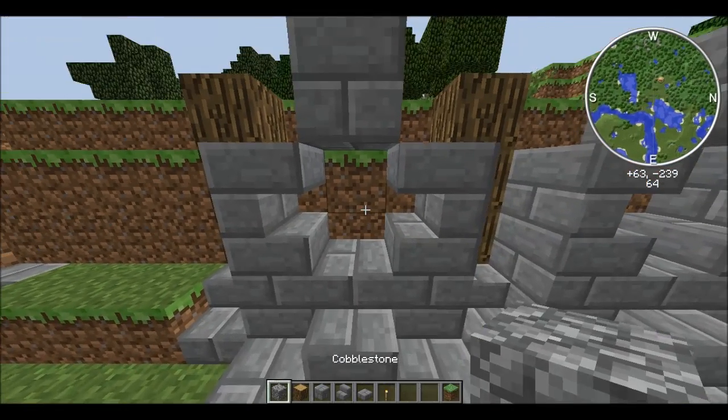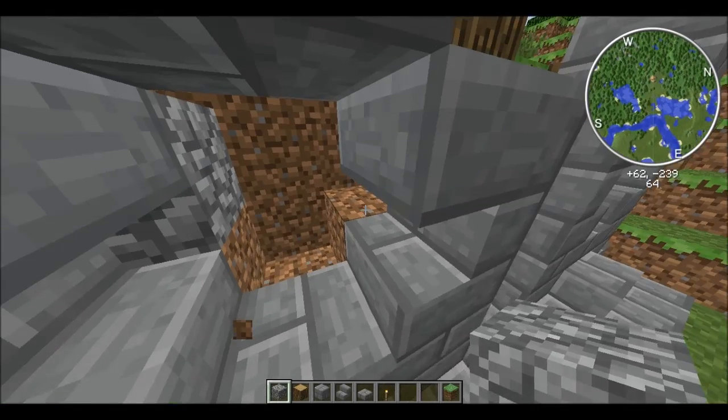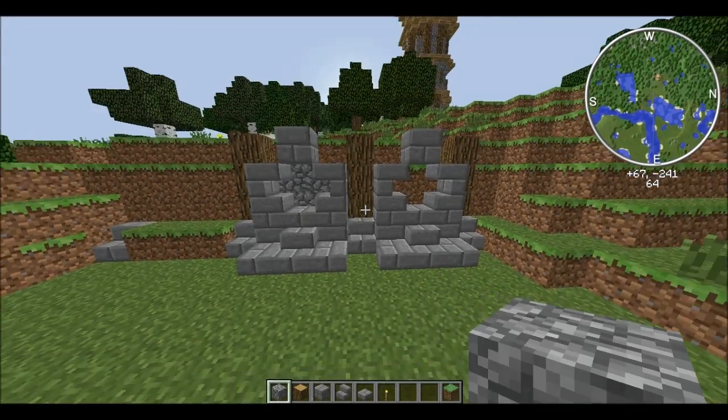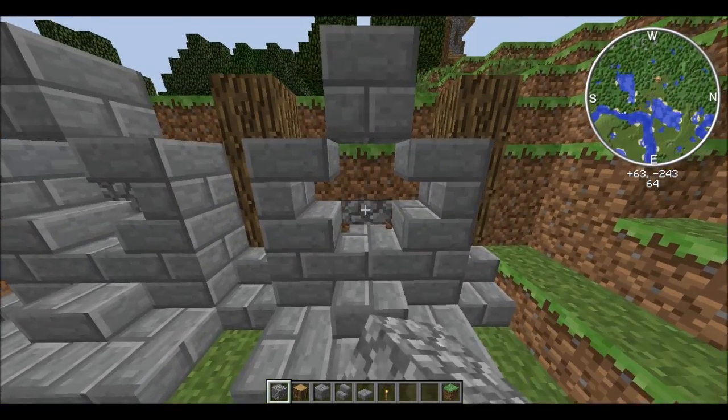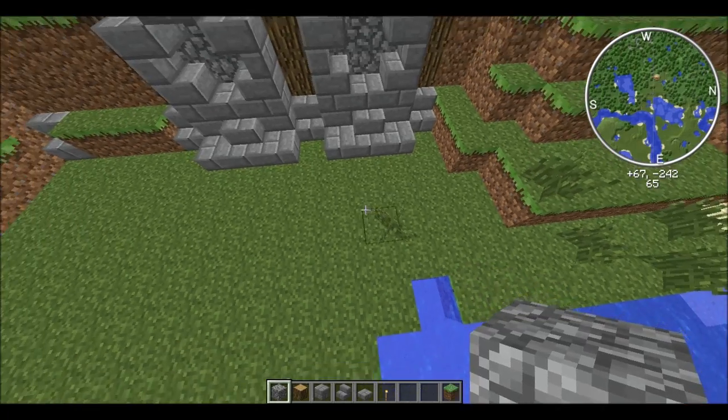Now behind there, obviously the dirt doesn't look all that good, so you can just delete that and convert it into cobblestone. And the reason for that is it's a nice little accent block. It looks a lot better than if you just use stone brick. It's always good to use accents in building, and it generally draws attention a little better.